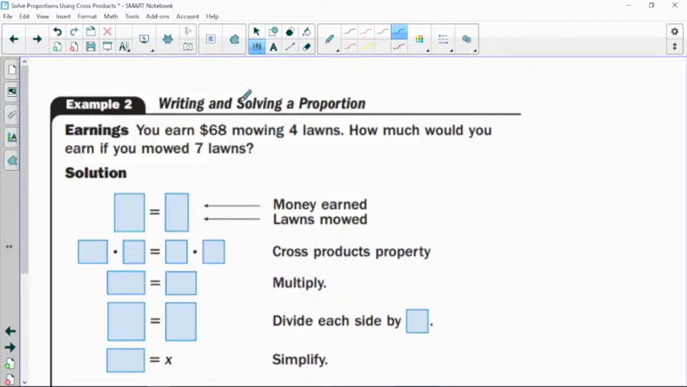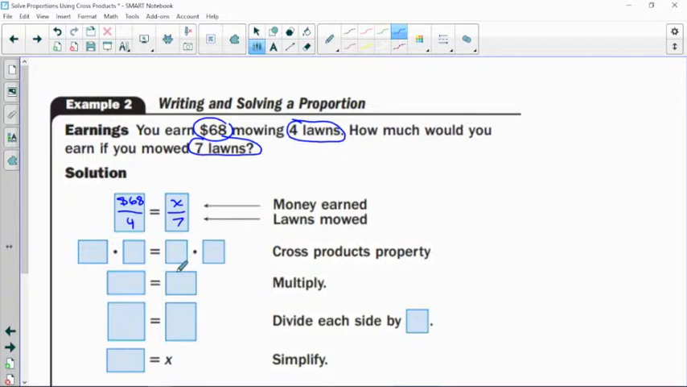So here we have a word problem. You earned $68 mowing 4 lawns. So I've got $68, I've got 4 lawns. How much would you earn if you mowed 7 lawns? So these are the 3 pieces of information I have. I'm missing one piece. In this case, I'm lining up the money earned. If I got $68 for 4 lawns, I want to know how many dollars for